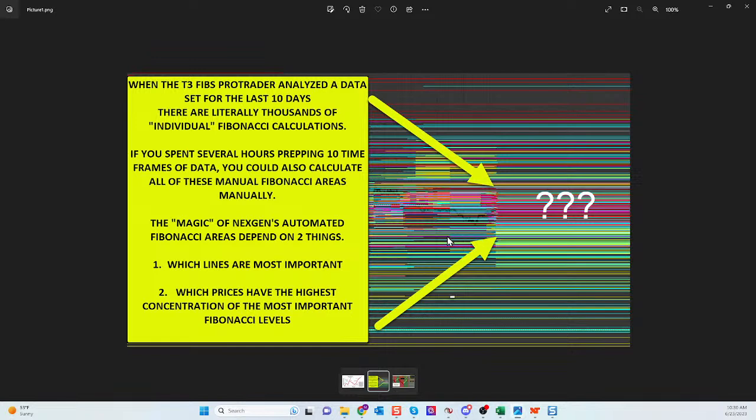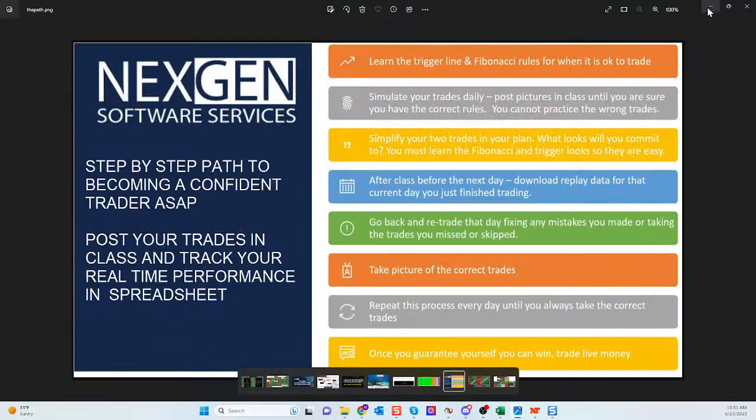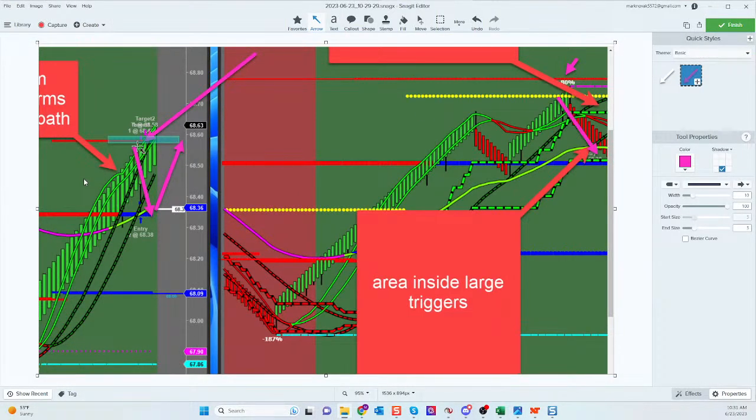Fibonacci areas on your chart come from thousands of calculations, thousands of lines, thousands of projections, thousands of alternates, right? All of these things come together, and it's an area, not a line. Fibonacci areas, which means that all of these calculations, Alex, come together to give you this one line, right?